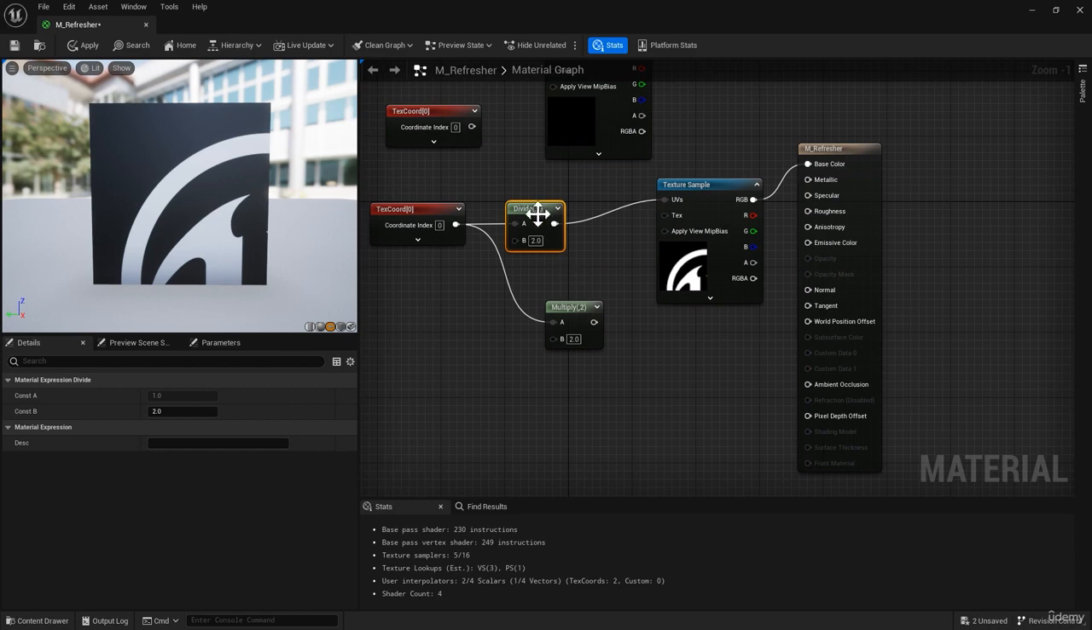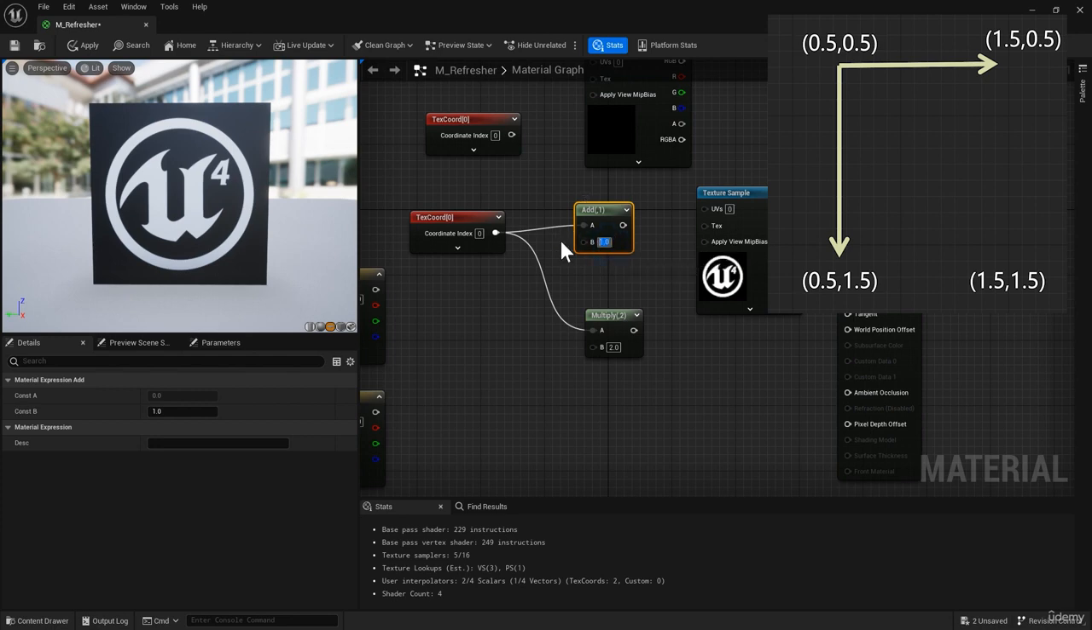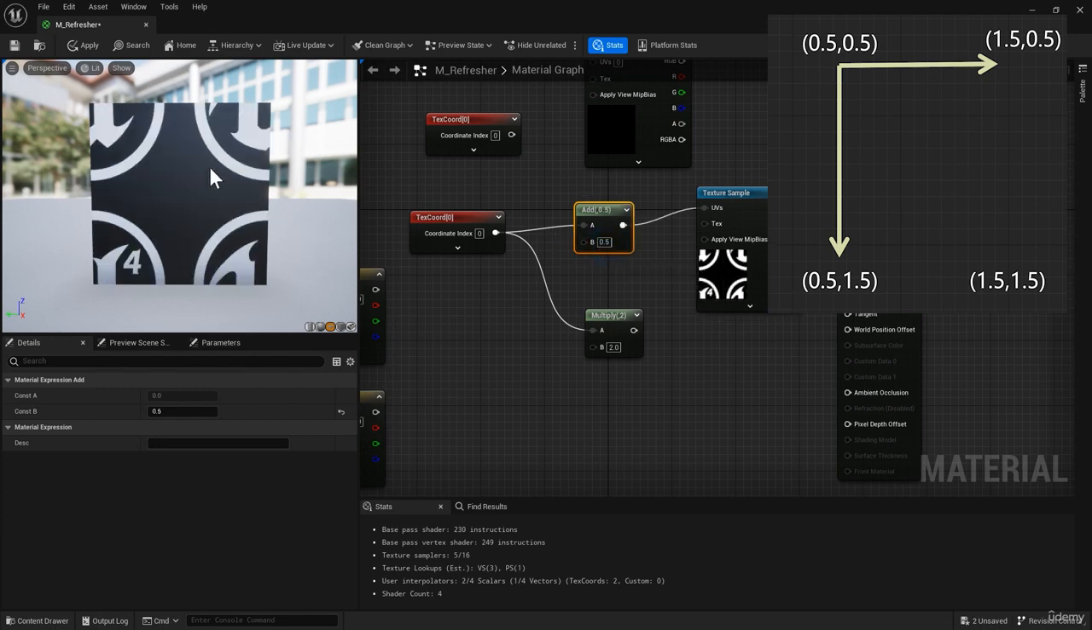And as for the second image, we just need to use an add node. So I'm going to bring out an add node and change this value here to 0.5. And notice how the texture is being displayed now. By adding the values to this texture coordinate, we are shifting the space that we are using to display our